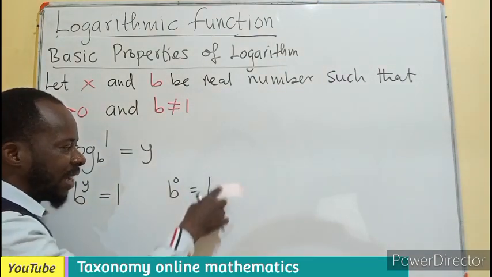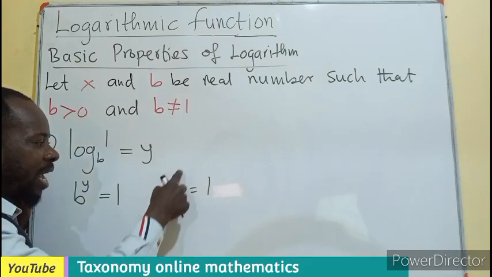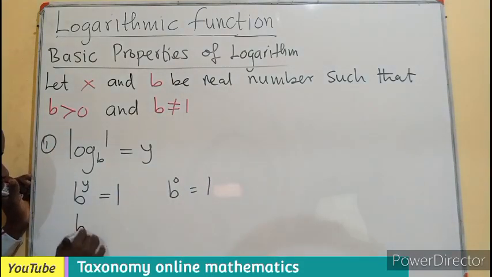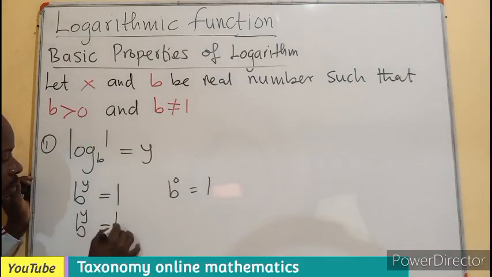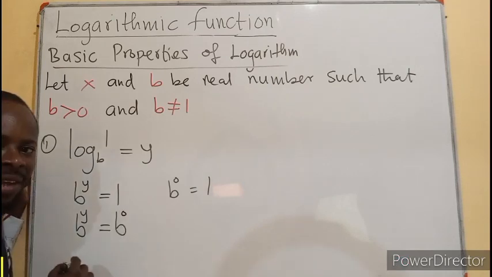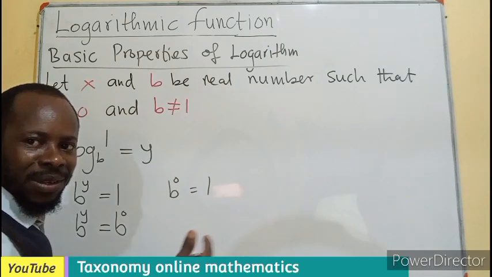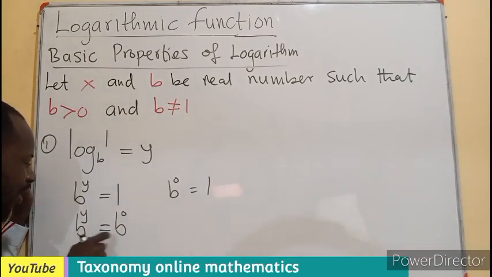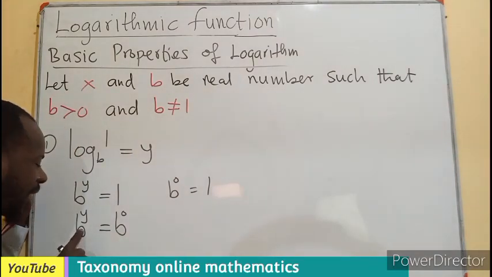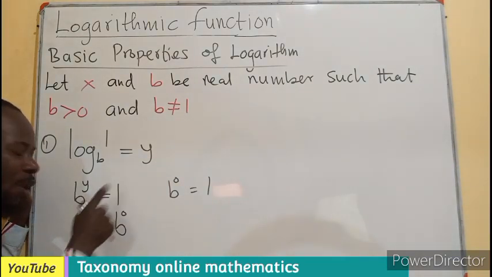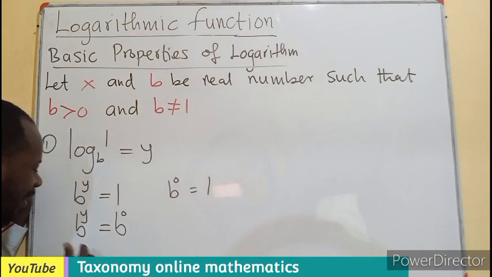So instead of writing 1, I can write b exponent 0 here. So let's go: b exponent y equals b exponent 0. From the onset of indices, we know that if I have an equation that has bases that are the same, then the exponents must also be the same. So right away, I will say y equals